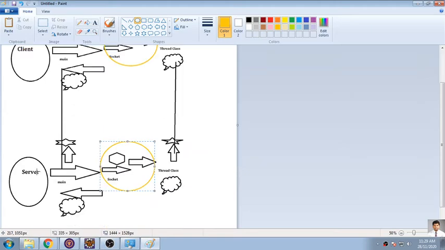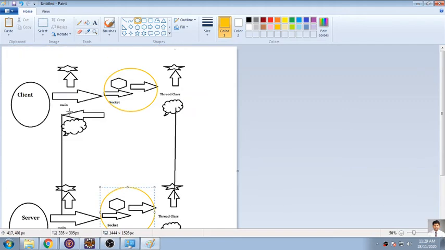Now in the same way the server will again be a threaded program. Here there will be one main program that will be calling a constructor, and the constructor will be calling a thread. Now this thread is another set of code, and the main will be another set of code, and these will be interacting with one another. This operation is what we call getting something, and this operation is what we call sending something.